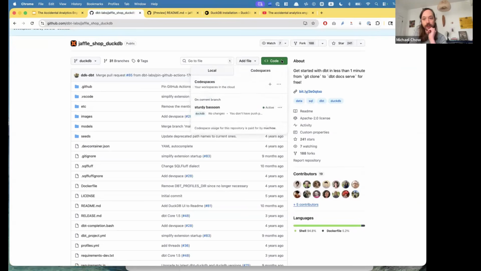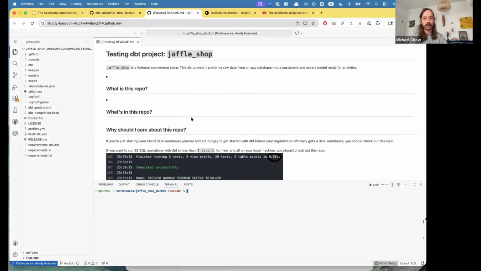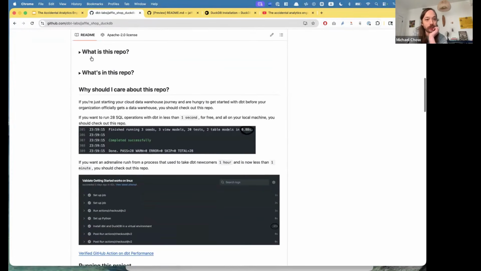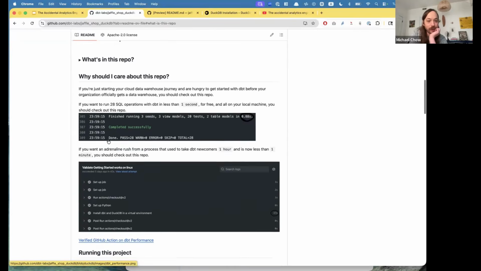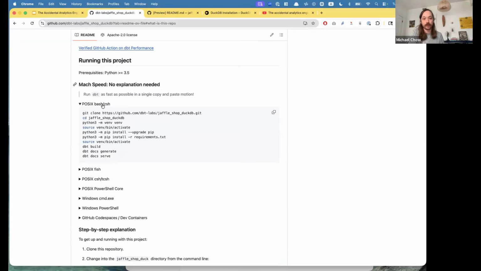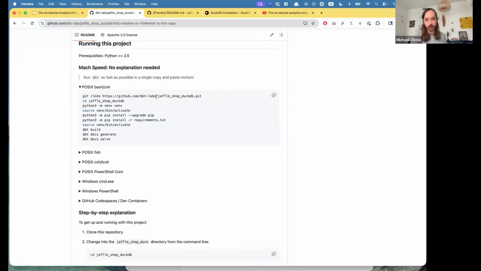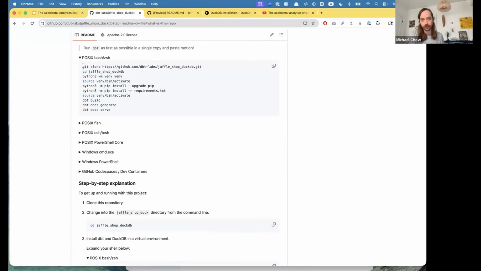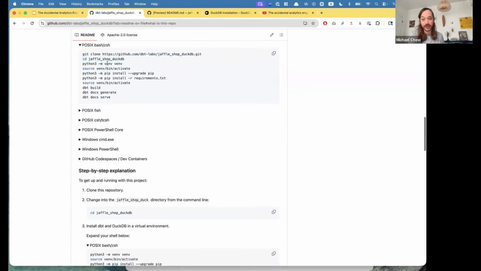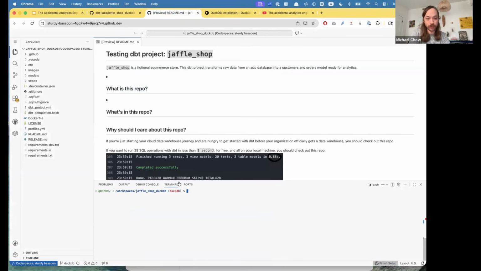Okay, so I just went into the codespace. I created one. This is one that's already run a little bit and installed, so it's really fast. In this tutorial, if you go down to running this project, this is the fastest possible explanation they have. In these bits of code, you can run this project. In our codespace, we've already done these two things, and I think we maybe even did the virtual env.